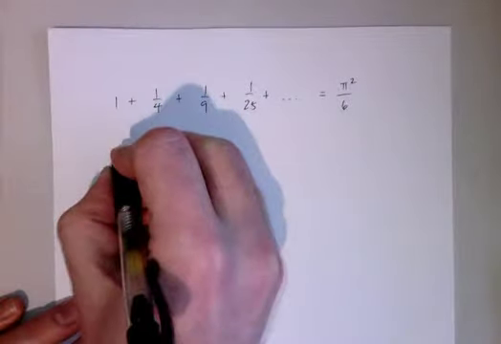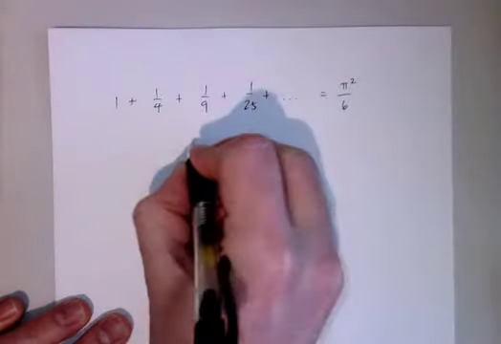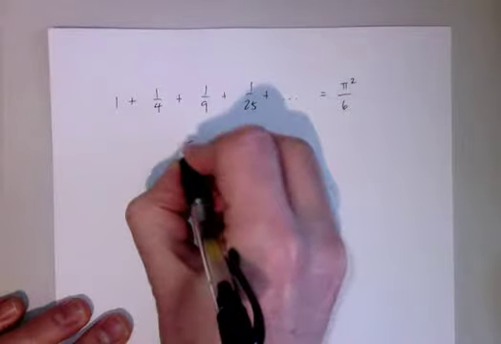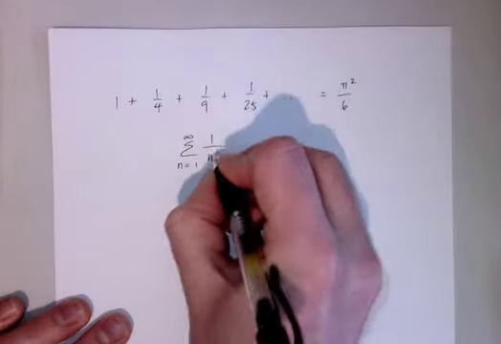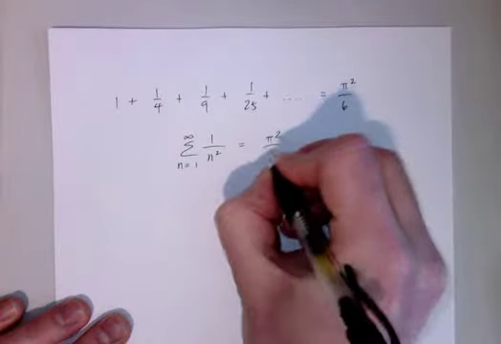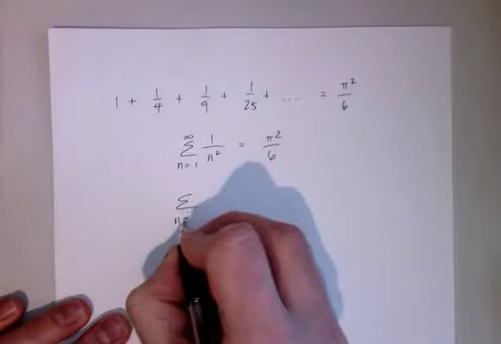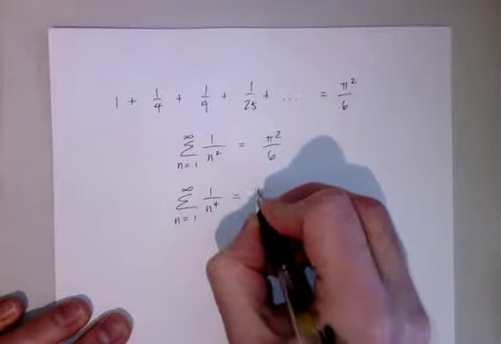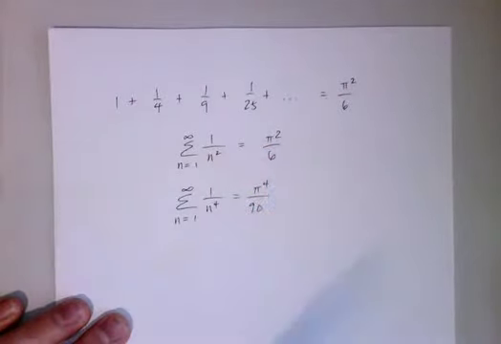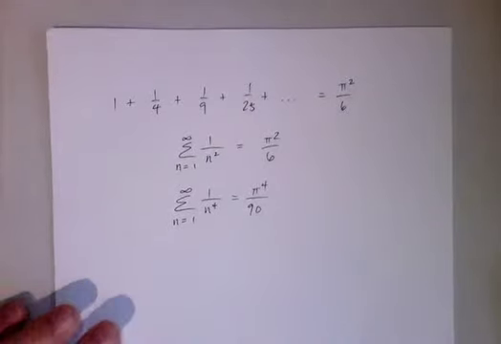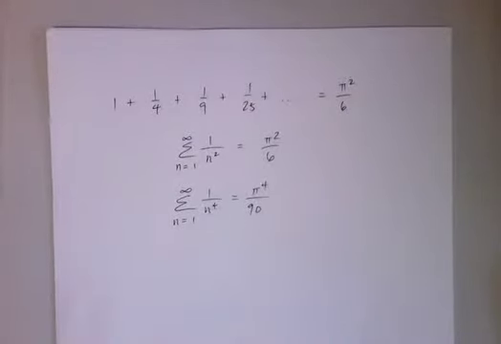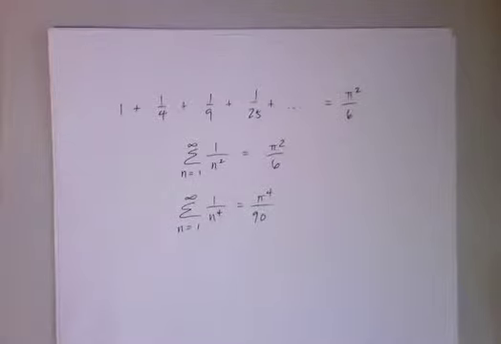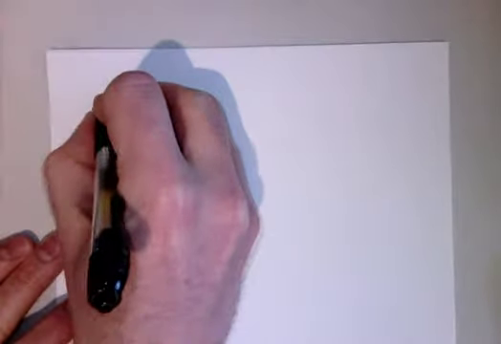Now, that of course means that the sum from n equals 1 to infinity of 1 over n squared is pi squared over 6. He also figured out that the sum from 1 to infinity of 1 over n to the 4th is pi to the 4th over 90. Okay? But what we're going to do is go ahead and find the partial sum to 10 decimal places. Okay? So we're going to estimate